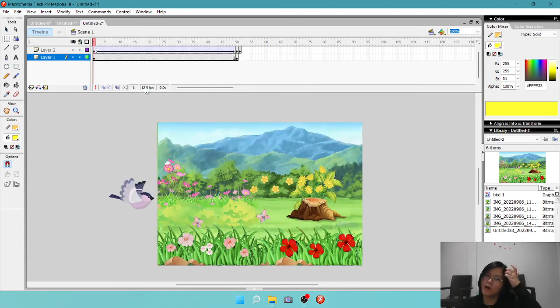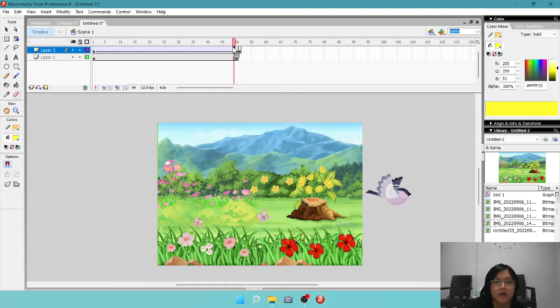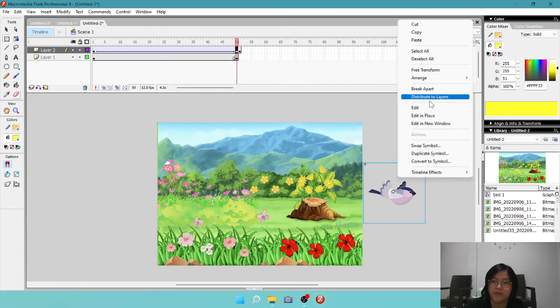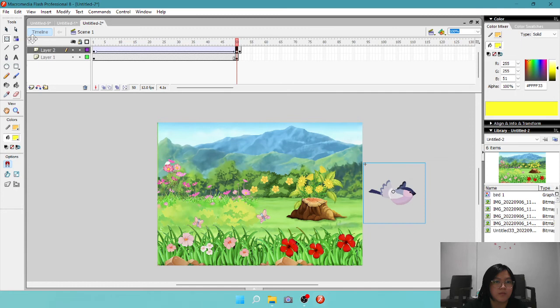To make the bird move to the flower, just copy the bird and add more layers.